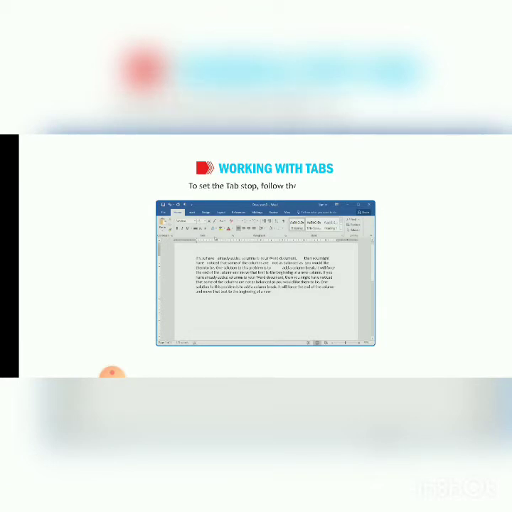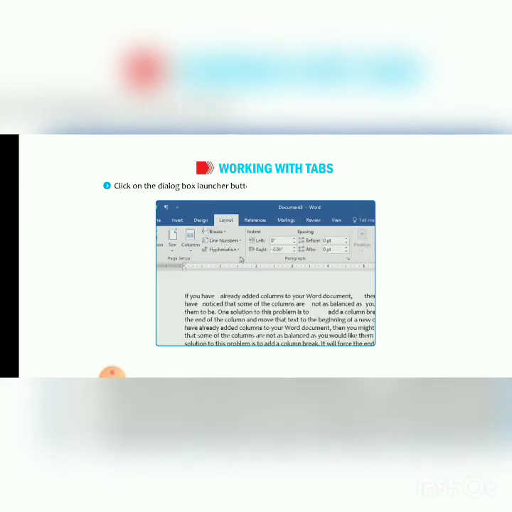To set the tab stop, follow the given steps. First, click on the dialog box launcher button in the paragraph group of the Page Layout tab. The paragraph dialog box appears. Now, click on the tabs button present on the lower left of the dialog box. The tabs dialog box appears on the screen.